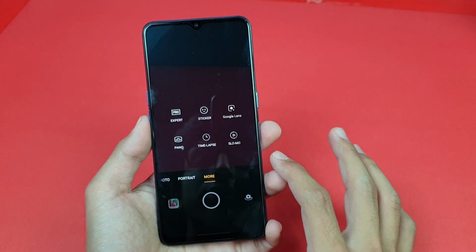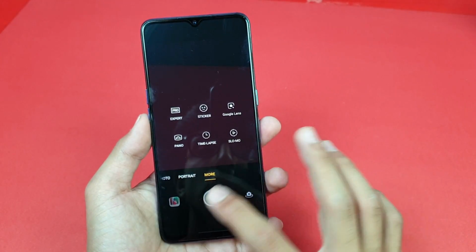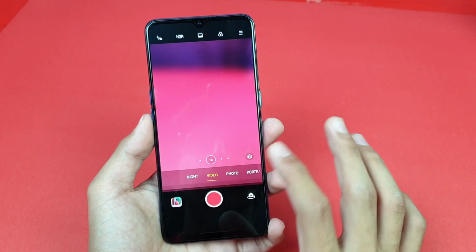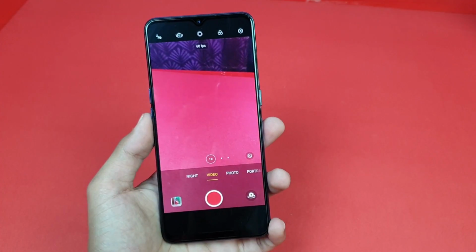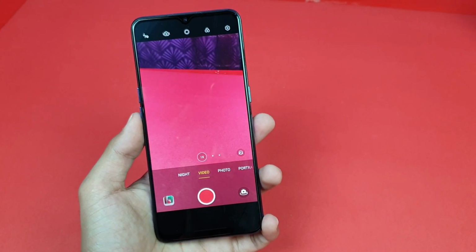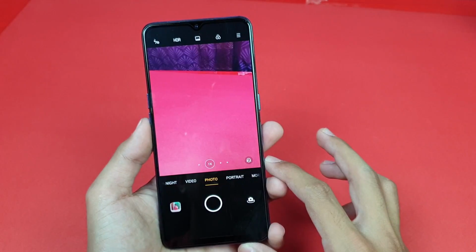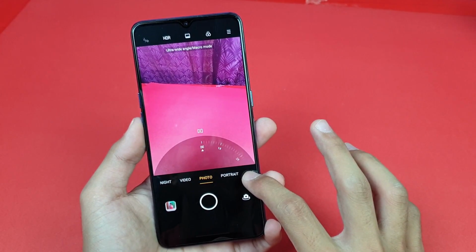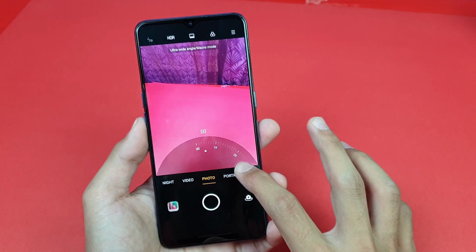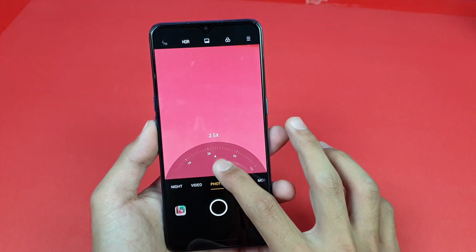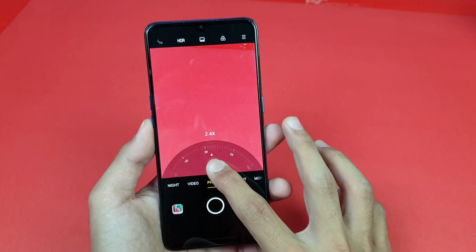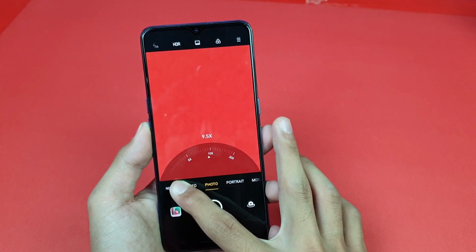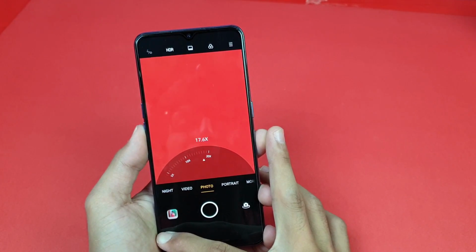Now let's go to the mode section, and you can see we have some more features. And when you go to the video section, you also get ultra steady mode, as well as ultra steady pro mode. And guys, when you go to the photo mode, you also get ultra wide. As you can see, here is your ultra wide, here is your 1x, and here is your 2x optical zoom, and here is your 5x, and you can go all the way up to 20x hyper zoom,